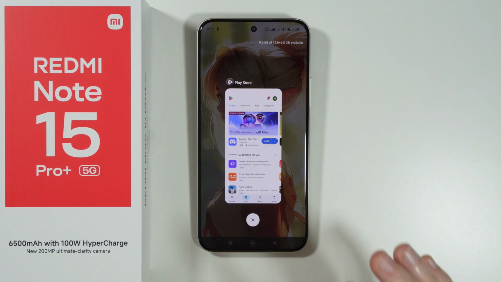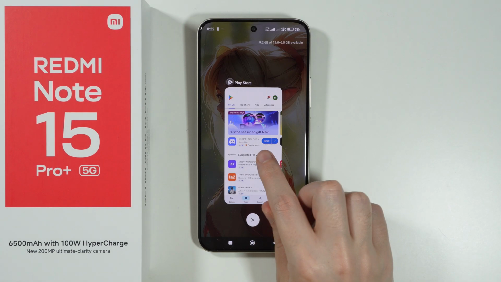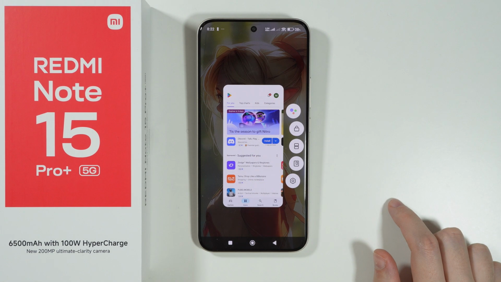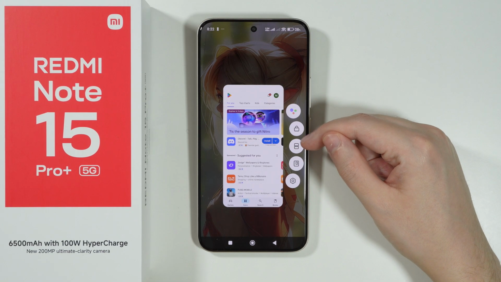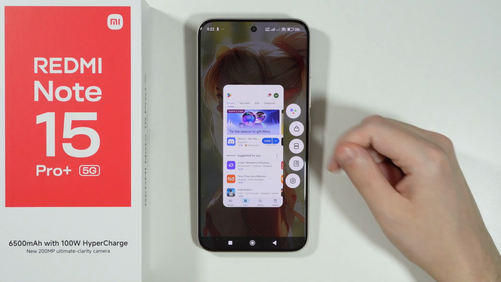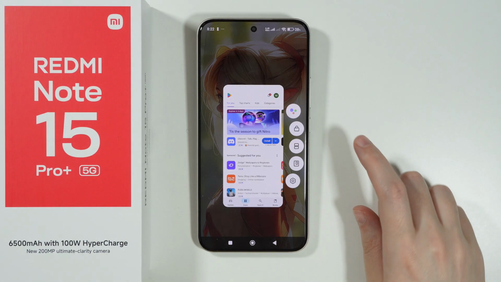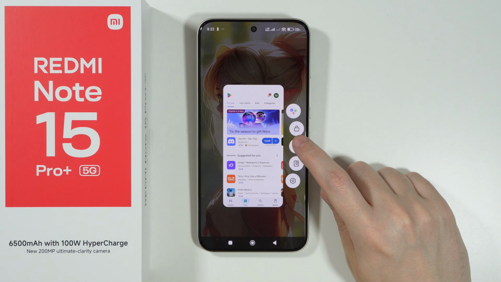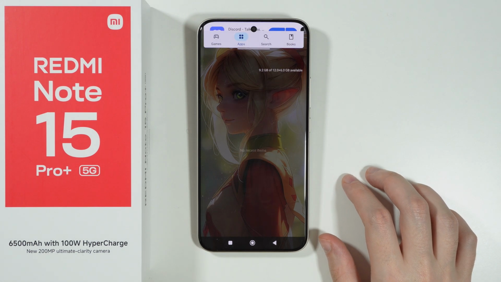Then we want to go to the background apps, and you want to press and hold your finger on the app preview. Over here, you should be able to find this button, these two rectangles close together, or one rectangle split in two halves. You want to tap on it in order to open the first app in the split